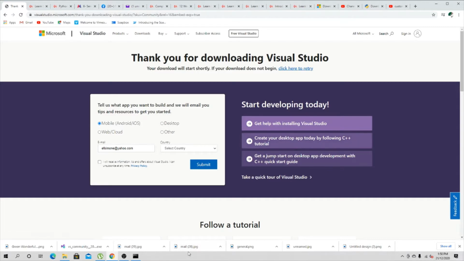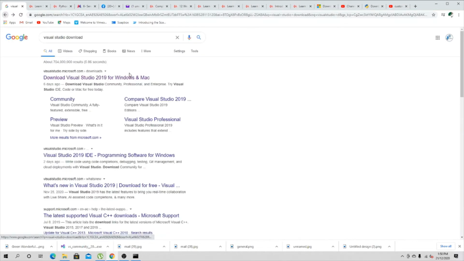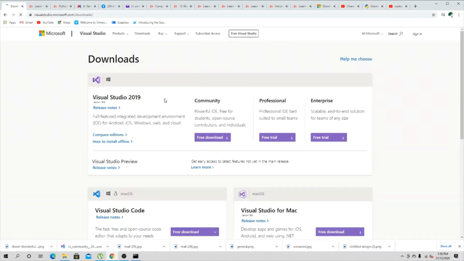So I've already downloaded the Visual Studio. I'm going to walk you through the process. So you go to Visual Studio, download Visual Studio, and from here you can use a community version, powerful IDE, free for students, open source contributors. So you're going to click download,